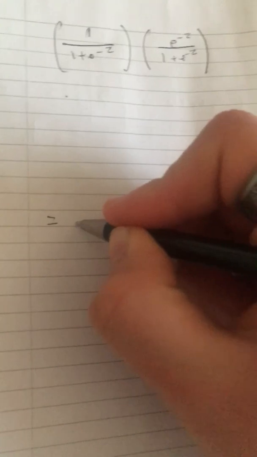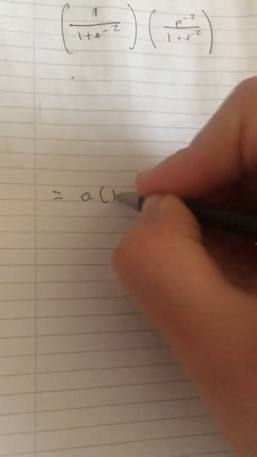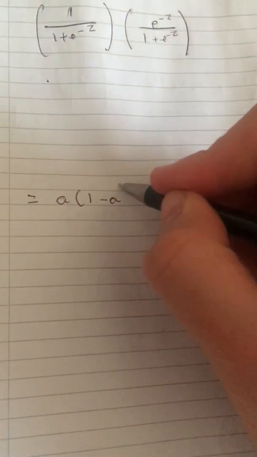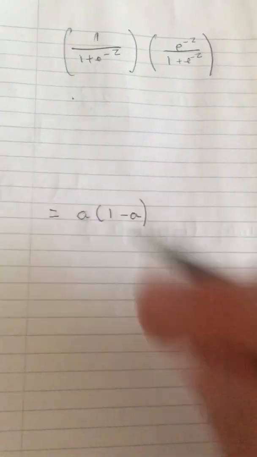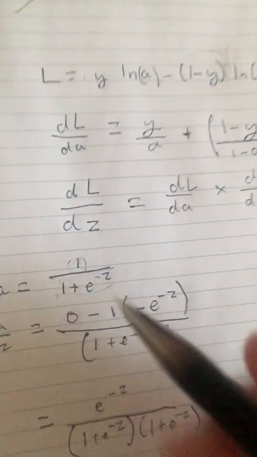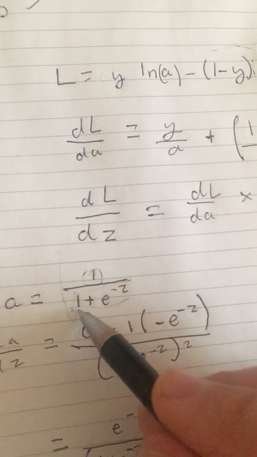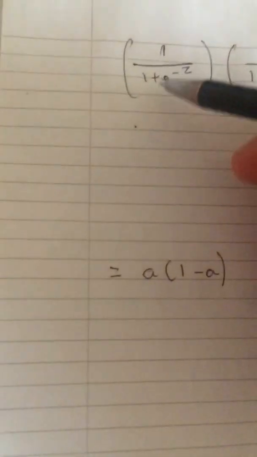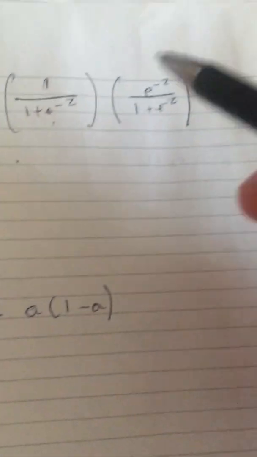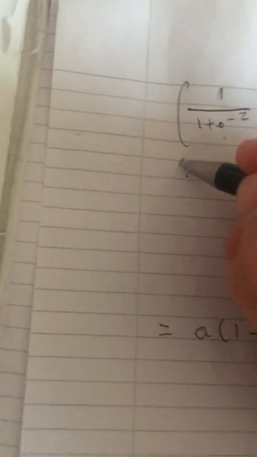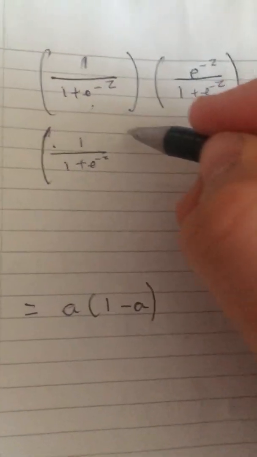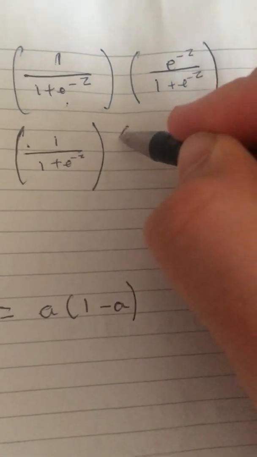because we know that this eventually will simplify down to a 1 minus a. So we want to try and get down to this, where a, as is written here, is this 1 all over 1 add e to the negative z. So we've already got that there. Great. So that'll be the a. So now we just got to simplify this. To do this, we'll leave this as is, 1 all over 1 plus e to the negative z. We'll switch them all to a's later. All multiplied by